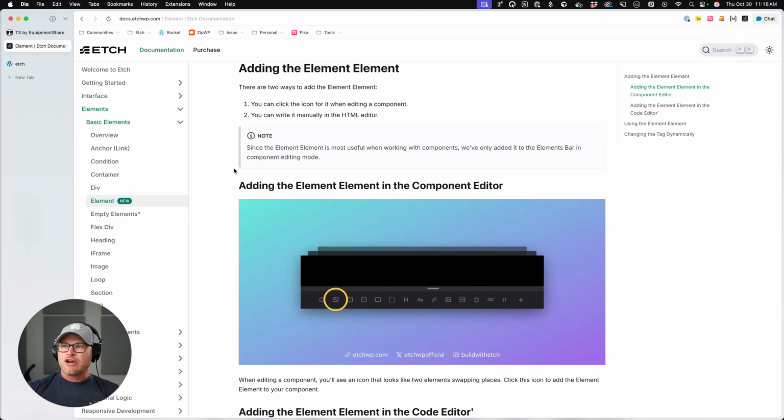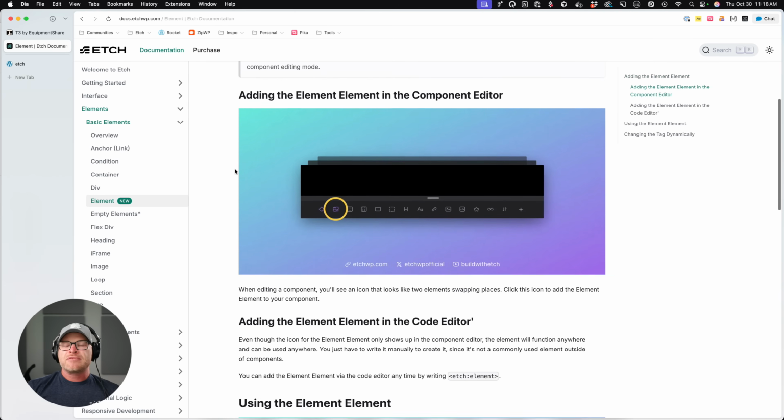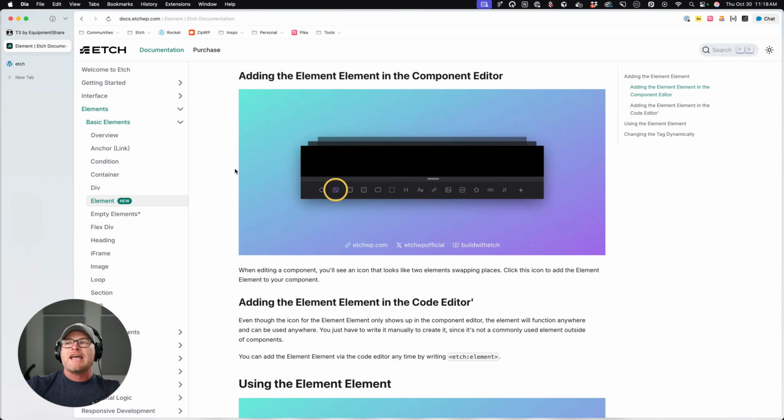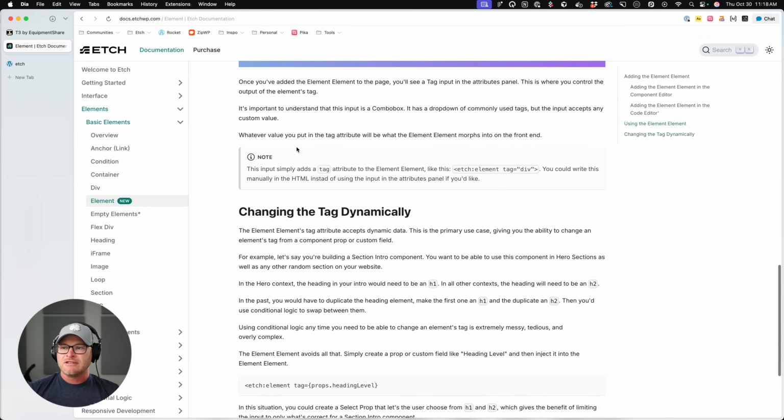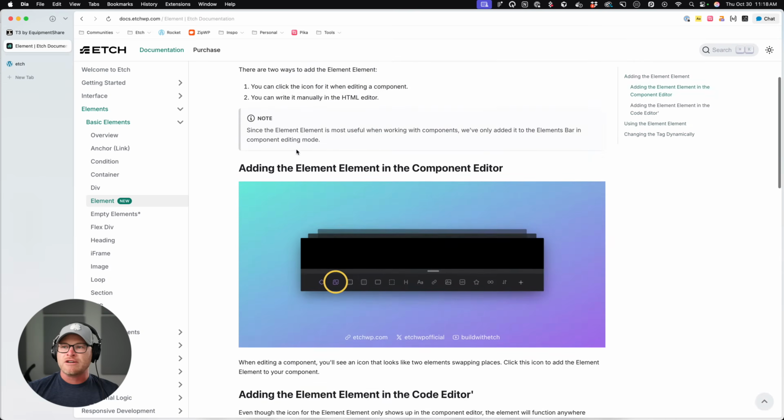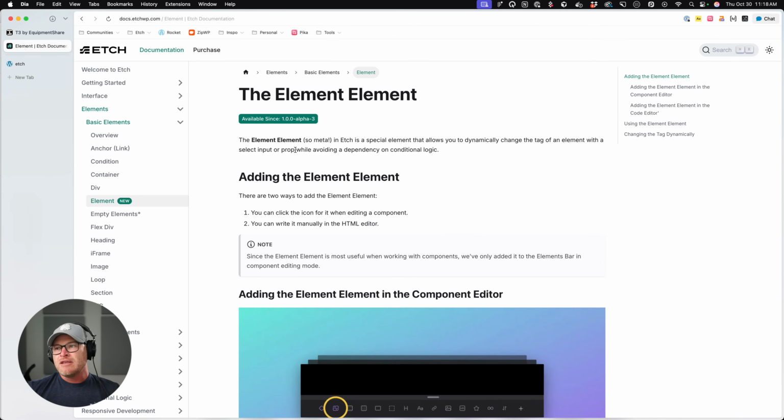Again, I would encourage you to go to the docs. Some people are coming into the community saying, hey, how does this thing work? They're not even checking. We're putting a lot of time and effort into the docs. We actually have some people helping us with the docs as well who are putting a lot of time and effort into the docs. Check the docs first. Like you can see, this is fairly detailed on how this works, what it's for, some examples, etc. So this should be your first line of defense. And then if the docs are insufficient, come into the community and ask there. All right.